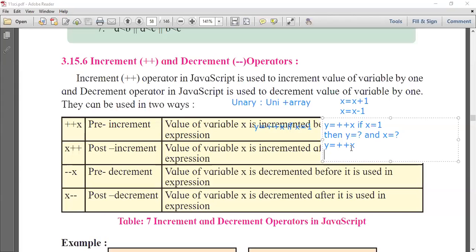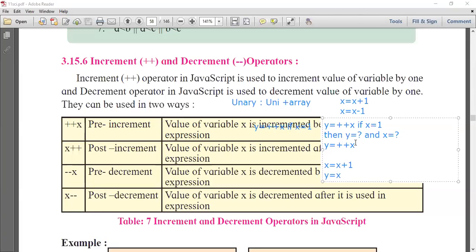It means you can say that first of all x is equal to x plus 1. This equation will be calculated first, and then y is equal to x will be calculated. What is the meaning of y is equal to plus plus x? First of all increment the value of x, then it is assigned to y.